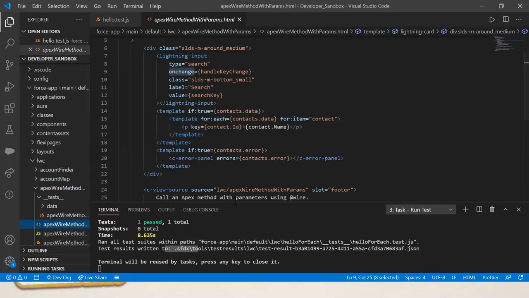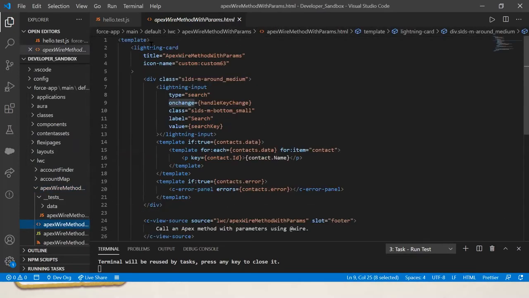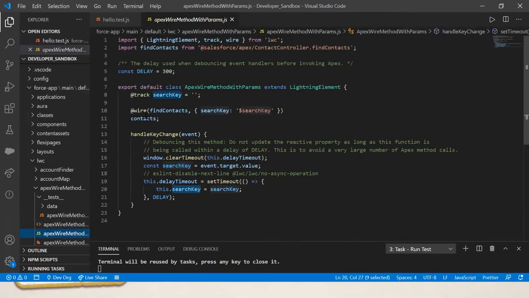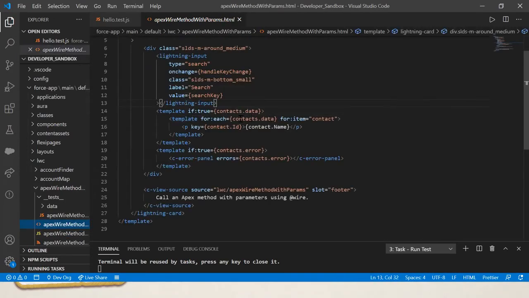This is the component itself. So you just see the markup, and within that lightning card we have one input field as a searchable input field. Based on that search key, we are pulling all the data using the wire property. With this wire property, we are hitting the controller on the server side, pulling all the data and binding it to the contact variable. With that contact variable, we are iterating all the relevant information, with the contact ID and name. So it will list out all the contacts matching your search key.